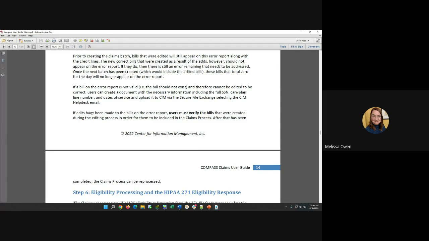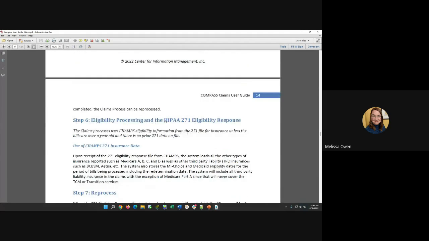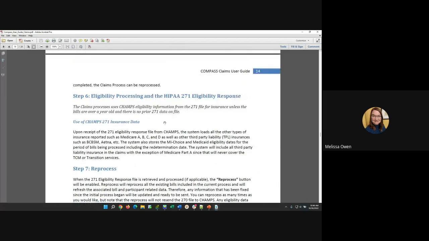But the key to remember is if you ever are making edits, make sure you're verifying the bills. Make sure you're looking at the unverified bill report and getting them verified so things can come through. Otherwise, it doesn't evaluate on bills that aren't verified. So that's important. So once all those reports are cleaned up to the best of your ability, and the 271